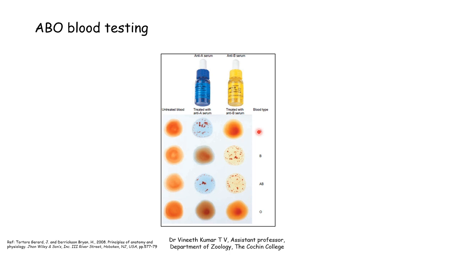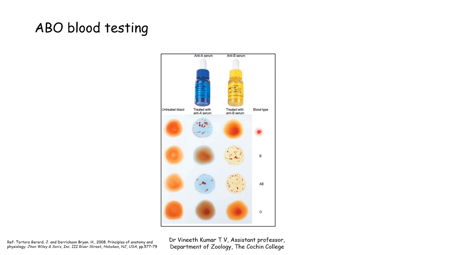What is to be noted here is that in this blood grouping test, you are adding the antisera, which means you are adding antibodies. You have three types of antibodies in routine blood grouping test. To determine the blood group, you have antibody of A, which is called antisera A, antisera B, and antisera D. Antisera D is for Rh blood grouping or Rh typing, to know whether the blood group is Rh positive or Rh negative.